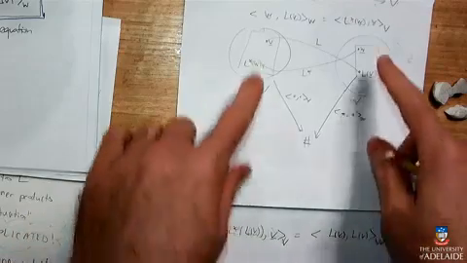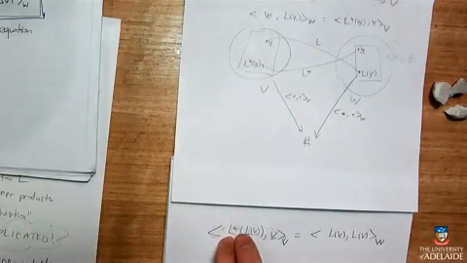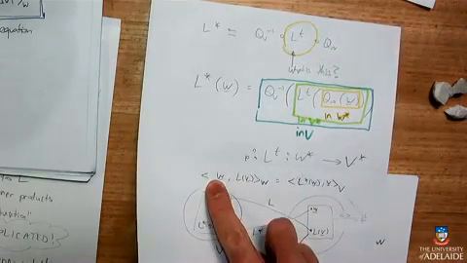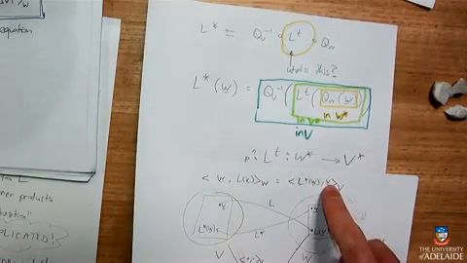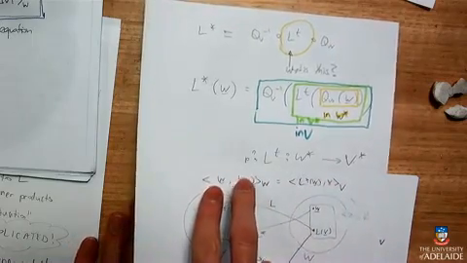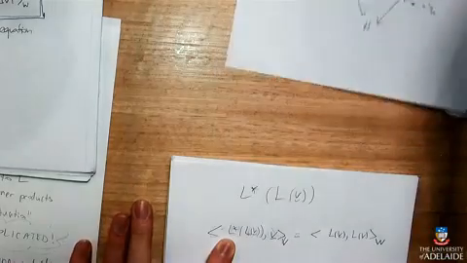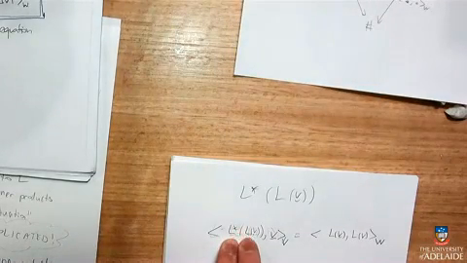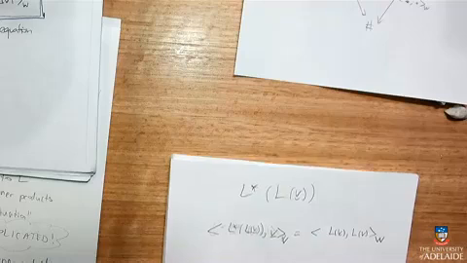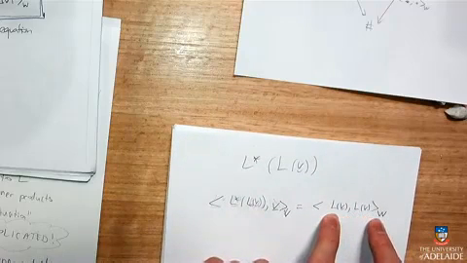So according to this rule here, if you've got an L star on one side, then it's not there on the other side. And if you've got an L on this side, and you've got a non-L here, there's an L here. So you switch where the L is and it becomes a star, right? And it's changed. So L star, L of V, and V, I'll switch this L star over to the V and it'll become an L. That's how the rule works. But L of V and L of V in W is the length of L of V.